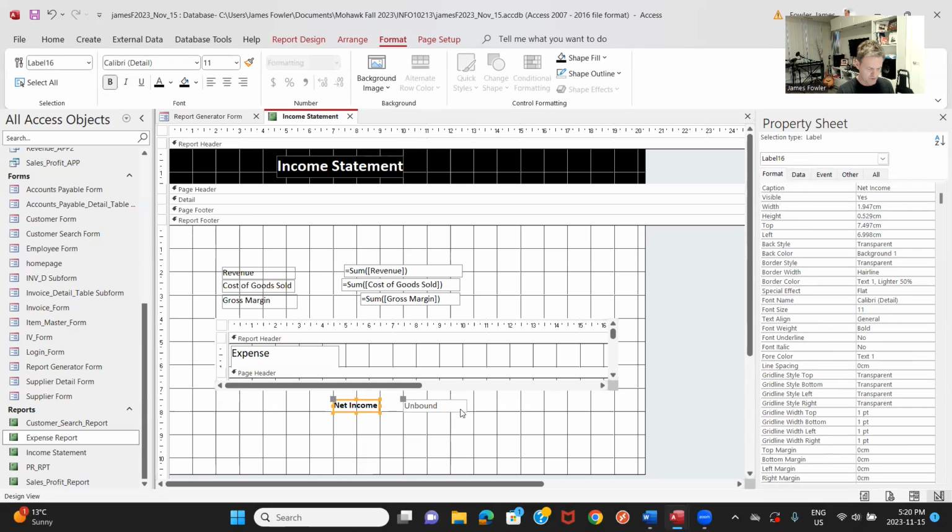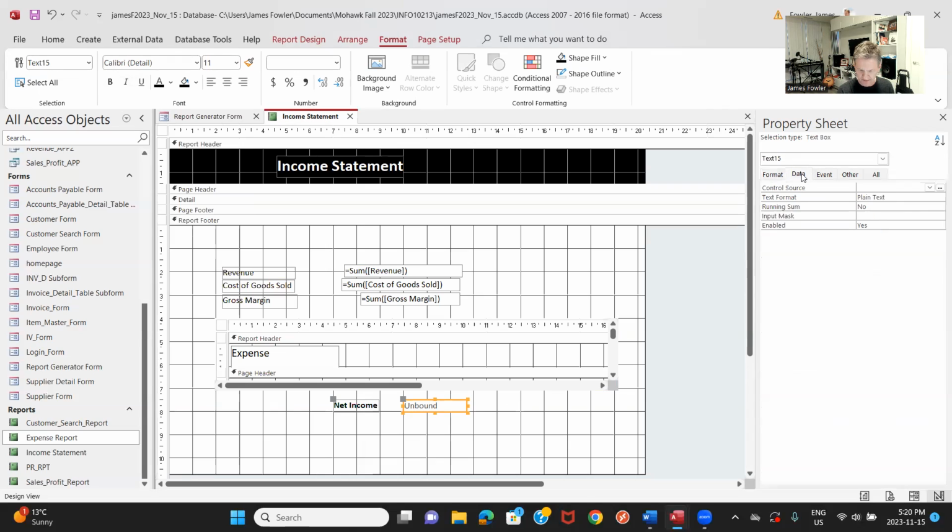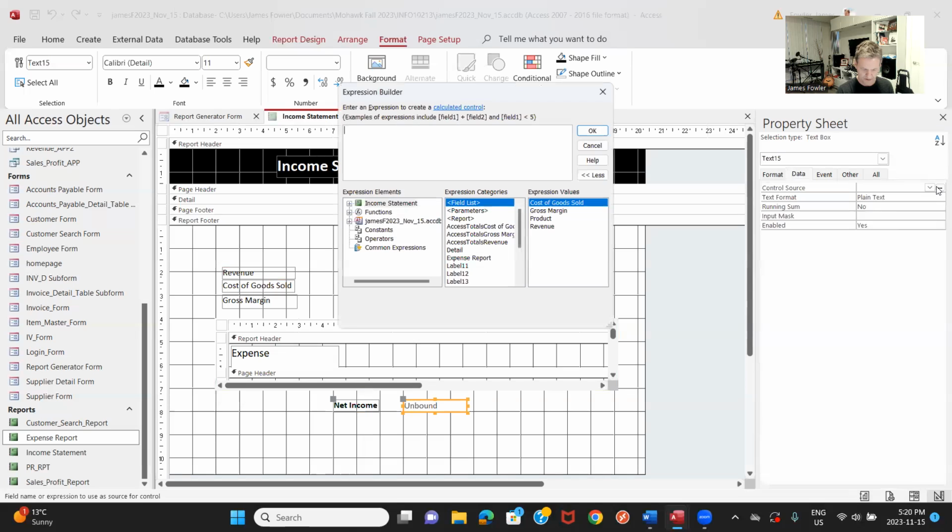Okay, then I'm going to click on the unbound box. And what I want to do here now is go to the data tab on the property sheet. I want to go to control source, and I want to click on these three little buttons. And this is going to open up our